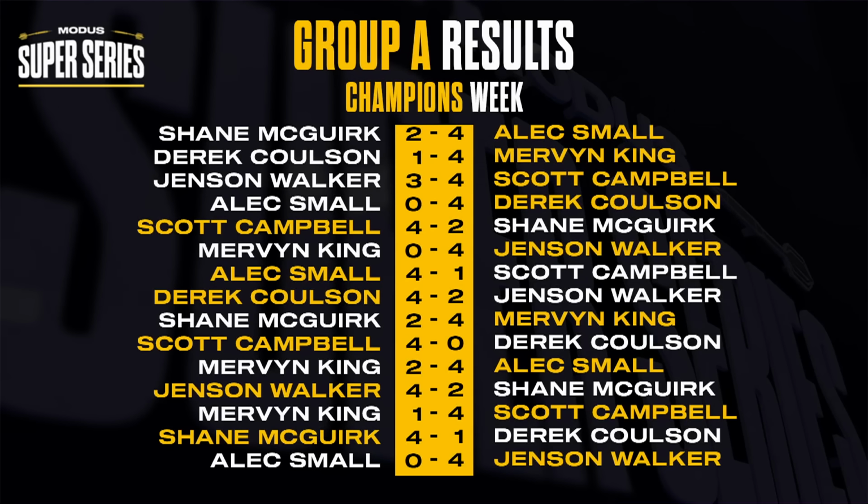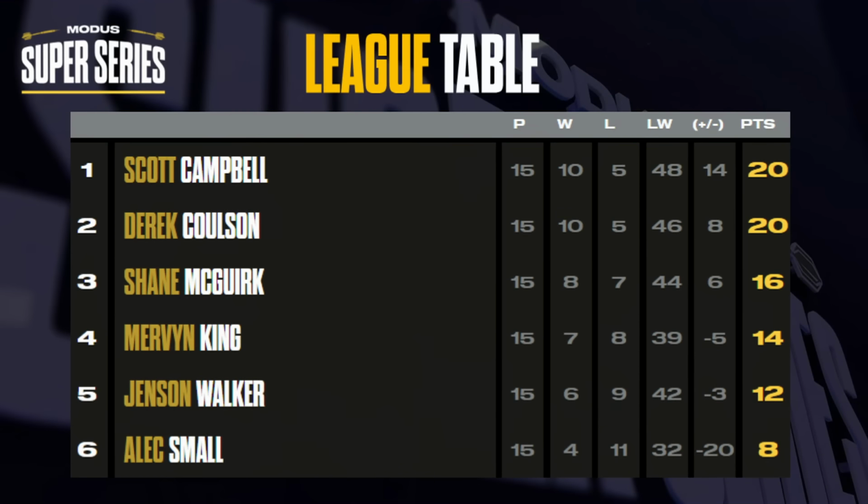Welcome back to the MODUS Super Series, where Scott Campbell has made it through Group A. And that's after a remarkable set of results today. Derek Coulson looked to be in charge, but in the middle of the day, Campbell got that 4-0 win against Coulson and then went on to win his final game, piling the pressure on Derek. Shane McGirt actually got his only win of the day against Derek in that penultimate match before Jensen Walker signed off in sensational style with a 4-0 victory against Alex Small. Confirmation then of how the table has finished, and on leg difference, it is Campbell in first place and therefore the first player through to Champions Night. I'm delighted to say